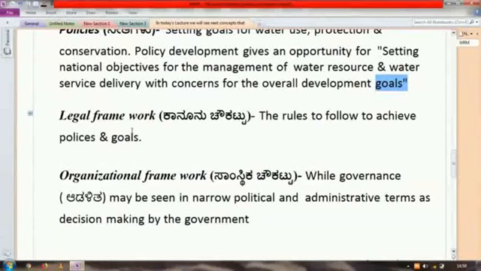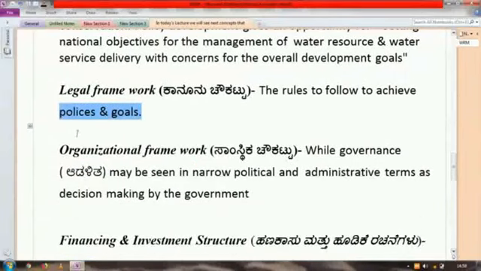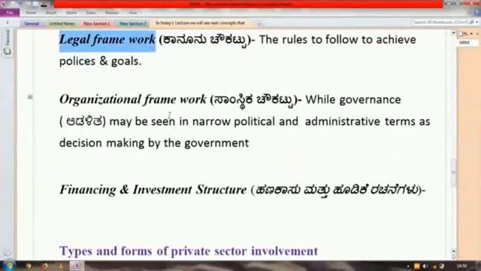Here the required water laws cover ownership of water and permits to use it. Whatever the government policies and water legislation, national and international cooperation institutions are made, the policies are there that should be followed very strictly to achieve the goals or to fulfill the basic requirements of the legislative framework, which is called the legal framework. Then the organizational framework.